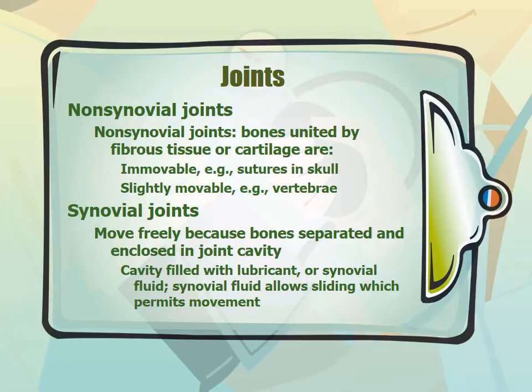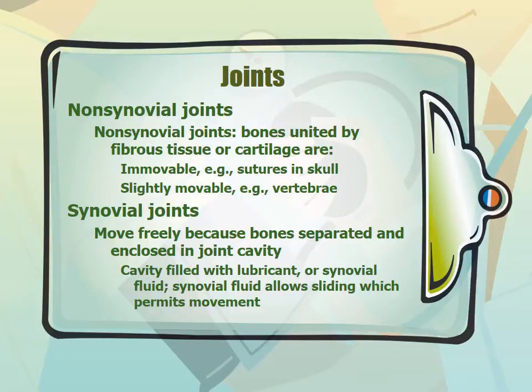Okay, let's review joints just for a second. Let's talk about non-synovial joints and synovial joints. Remember that non-synovial joints are where bones are united by fibrous tissue or by cartilage. So they're not going to be able to be moved. This would be like the sutures in your skull, and then you can have slightly movable, which would be like,